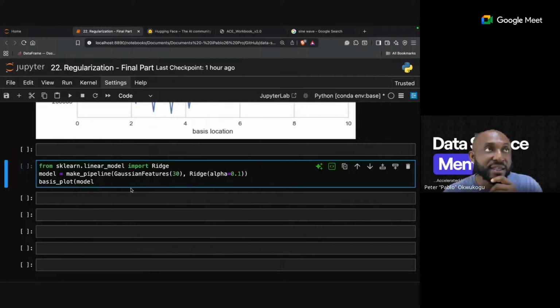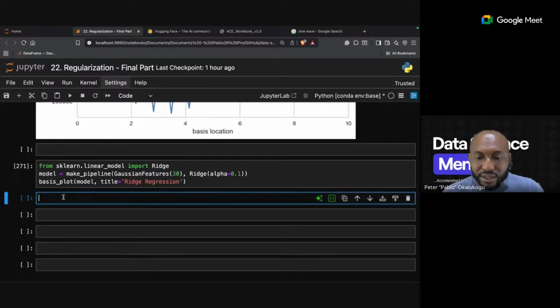But at this part of what we are doing, I'm going to introduce this one. I'm going to call it ridge regression. So with ridge regression, we will now have a model, but at this time it's going to use Ridge. And then when we run this, we will plot plt.show.